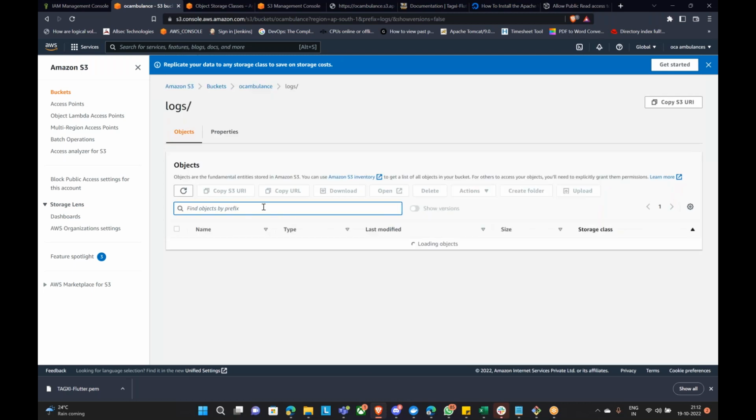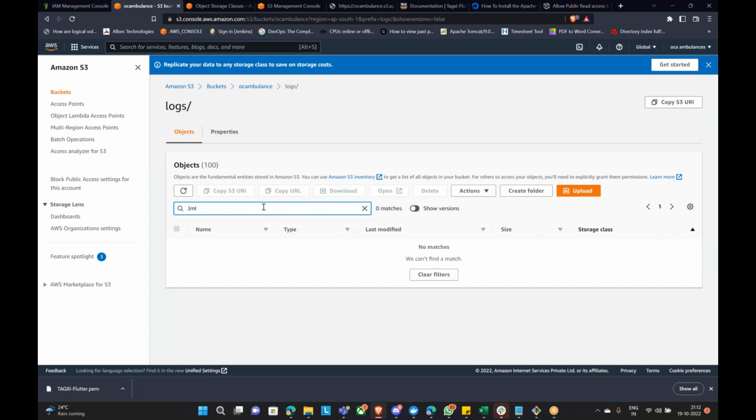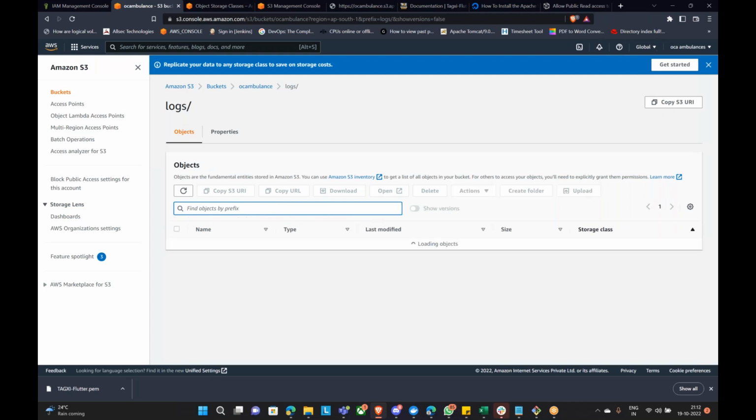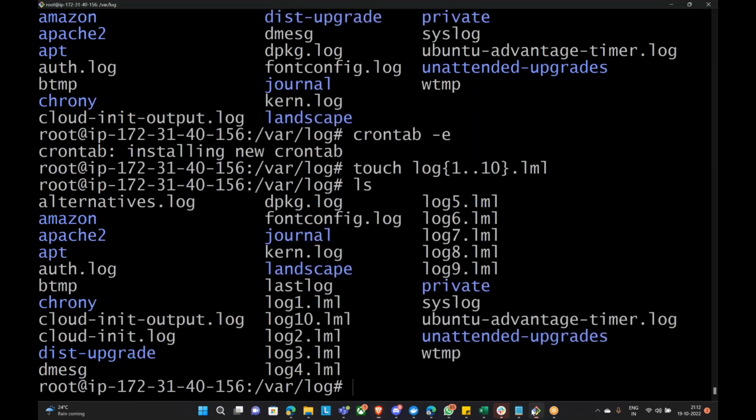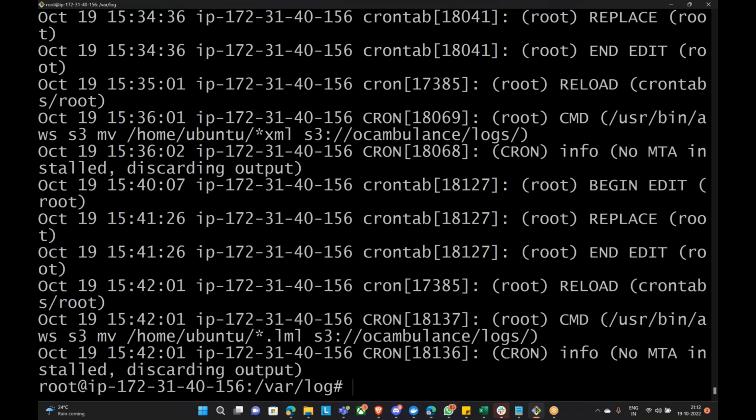Let us see, sorry, dot LML. Nothing is there. It is not. Cat syslog. Yeah, see, it has run now. See, no MTA install. Okay,